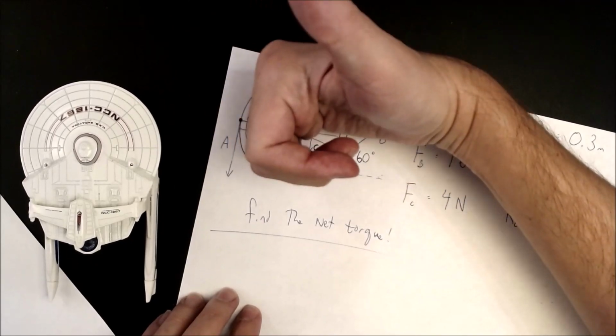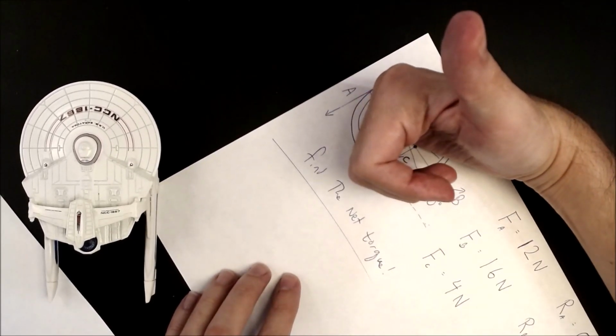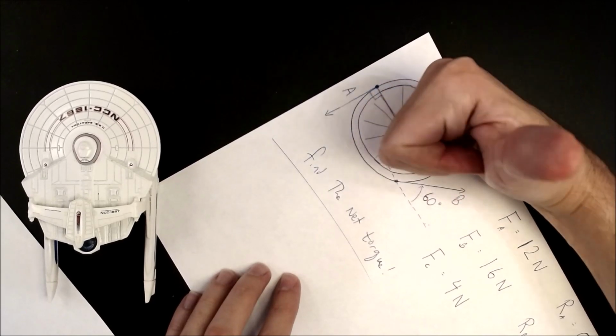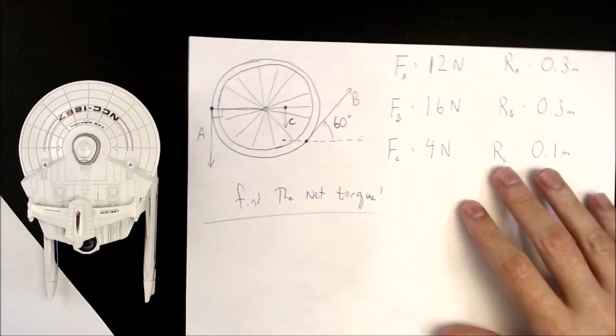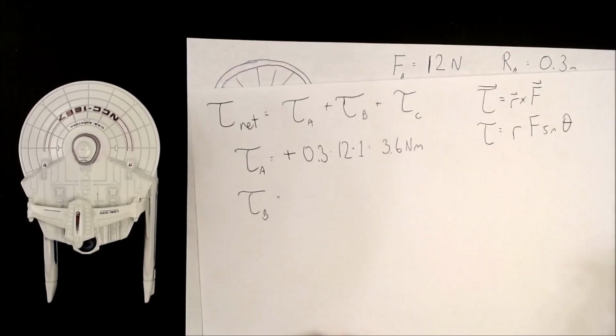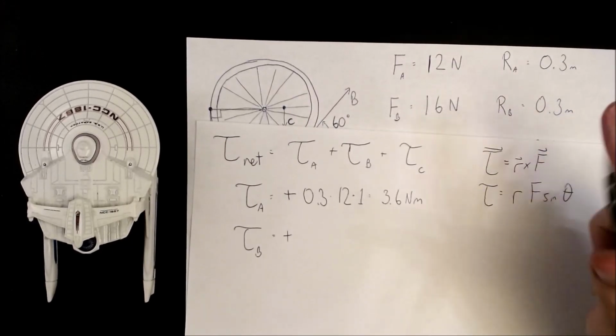If this force is going around like that, then it's going to be out of the page, like that. It still works. This is going to be another positive one. Positive. Okay, radius 0.3 meters